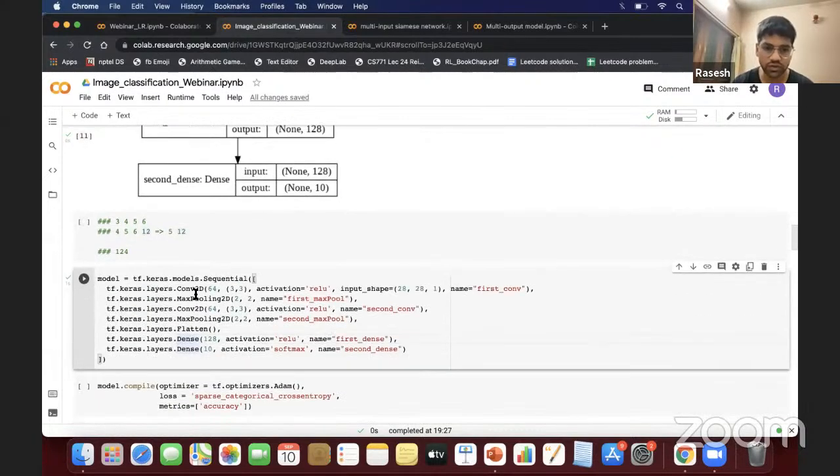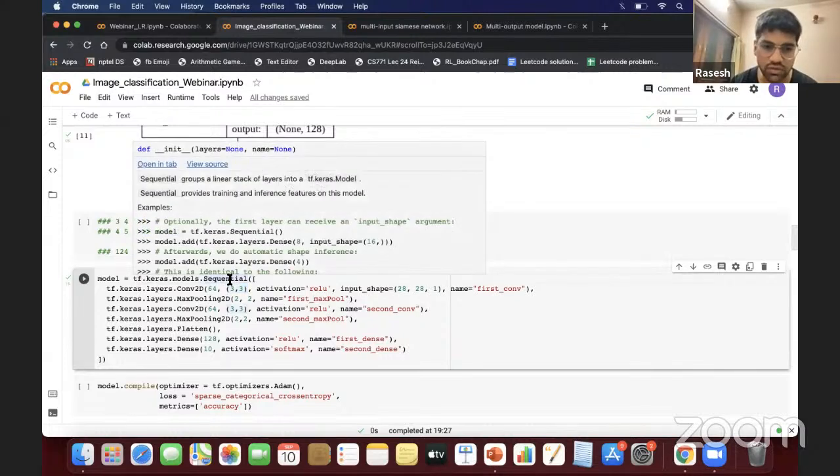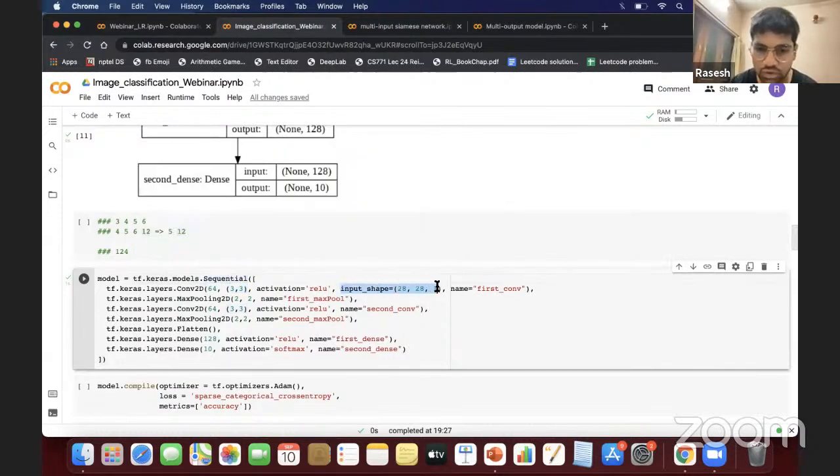So here we have first a convolutional layer, then a max pool layer. Here we have defined 64 filters, each of size 3 cross 3. In the first layer of a sequential API, we always need to define the input shape. Since the images are 28 by 28 by 1, we have to give the model that input shape. Then the activation which we have used is ReLU. So ReLU activation